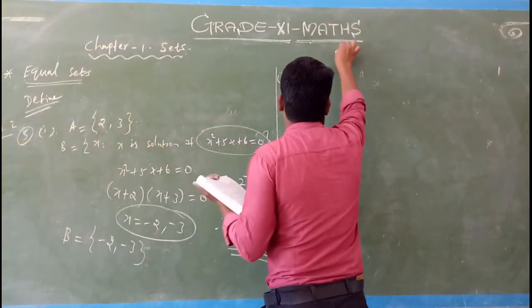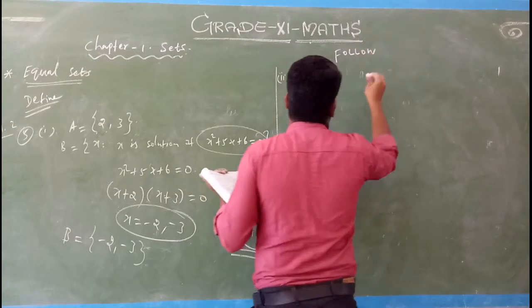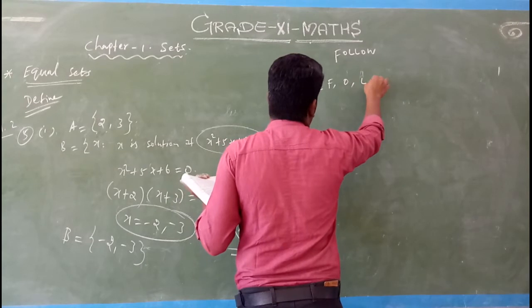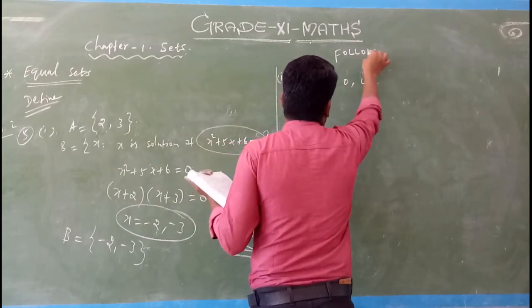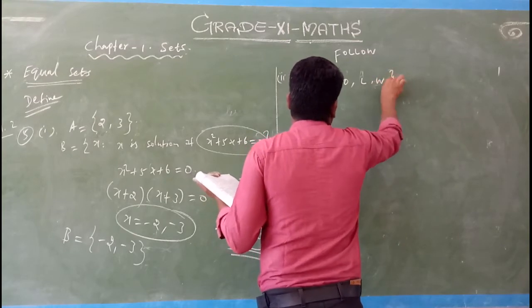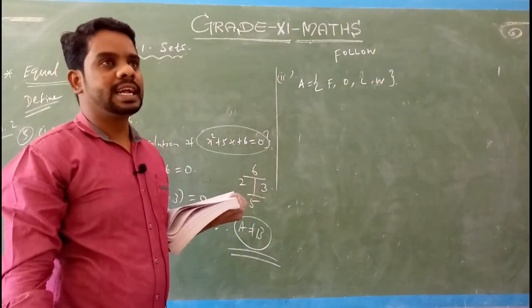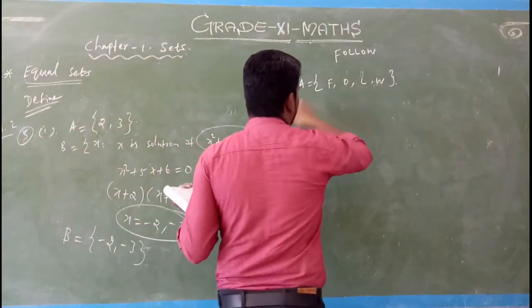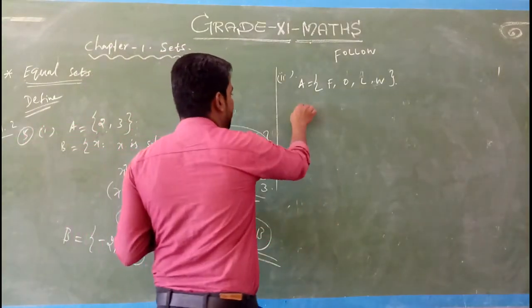So in FOLLOW, first F, O, L is repeated, so write L one time, and O is also repeated, then W. Generally, in a set, an element is not repeated. So F, O, L, W. It has elements F, O, L, W. And the second set B has